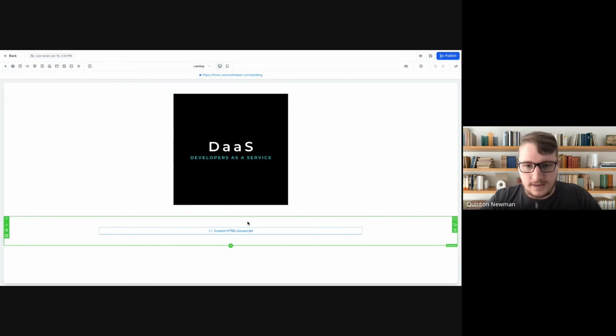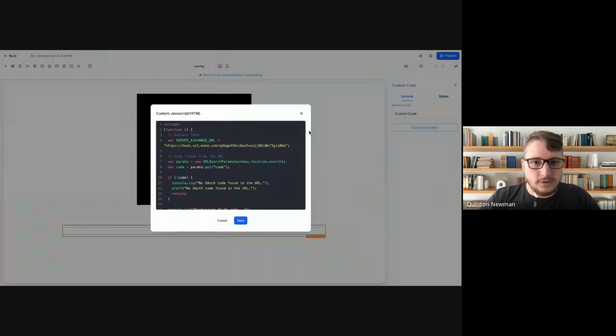Then once you have that in there, click on it, open the code editor, and then you're going to copy and paste the code that should be attached to this lesson. If you're watching this on YouTube, there will be a link to the code. If you're watching it in the official course, it'll be linked down below this video. Copy and paste that code into there, click save,